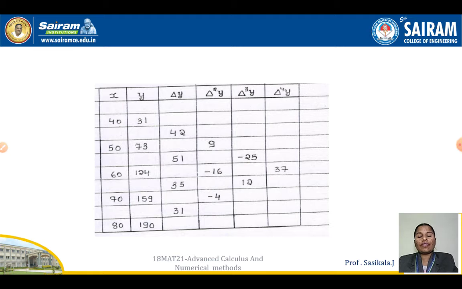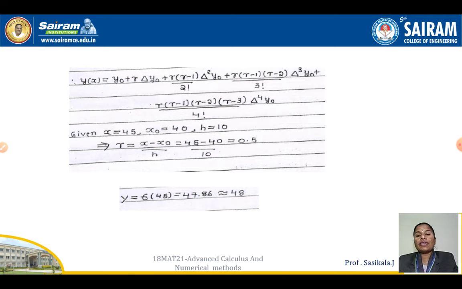Now the first difference. You see the x values are equally spaced, so we have chosen Newton's forward. 73 minus 31 is 42. 124 minus 73 is 51. 159 minus 124 is 35. 190 minus 159 is 31. Similarly, del squared y: it is 9, minus 16, minus 4. The next, del cubed: minus 25 and 12. Del to the power 4 is 12 plus 25, and we get 37. So we found our difference table. Now go for your Newton's